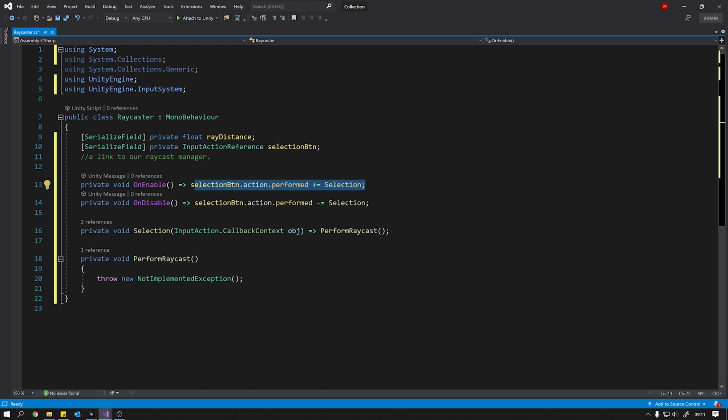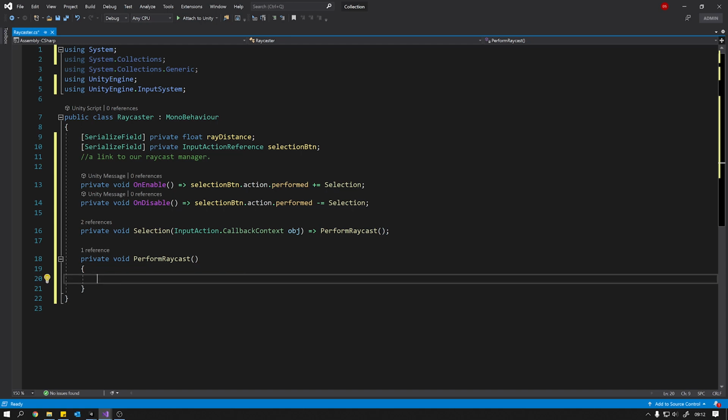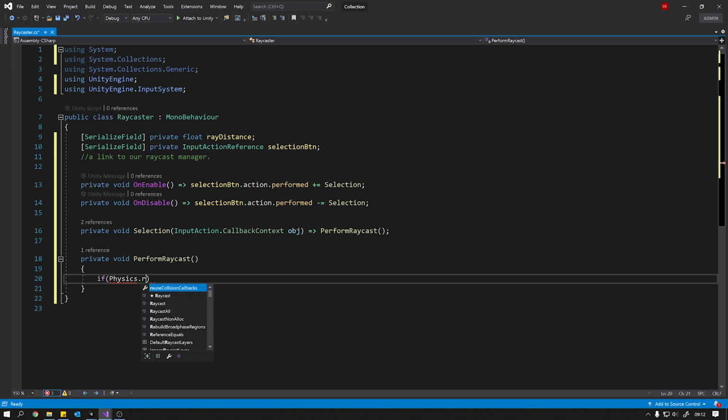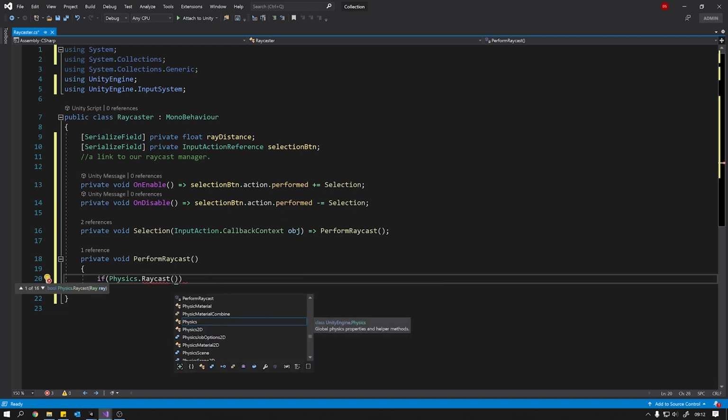So we've hit our left mouse button and that's been detected. We're going to call our selection method, and that selection method goes, right, perform a raycast. And this is where we are, in our PerformRaycast method. This is going to be really quick and simple. We're going to use an if statement. We're going to say Physics.Raycast, and we're going to raycast it from our raycaster position, which we're already on that game object. So we can just say transform.position,